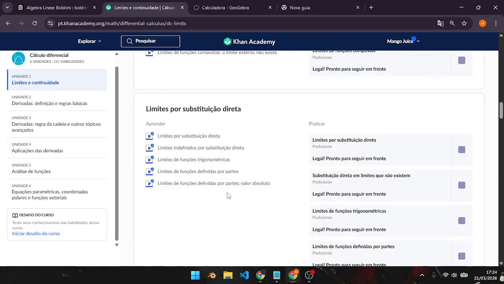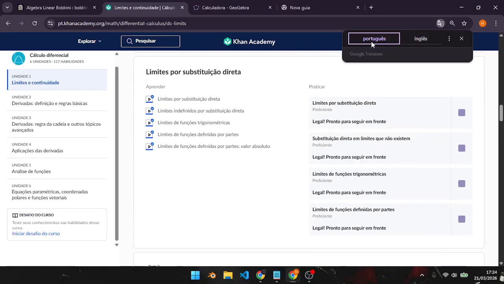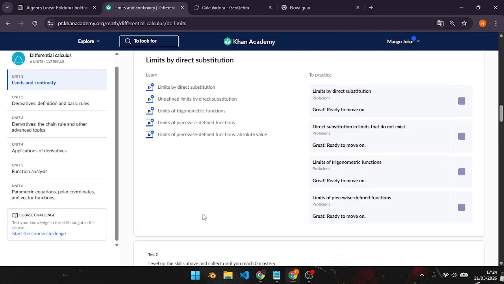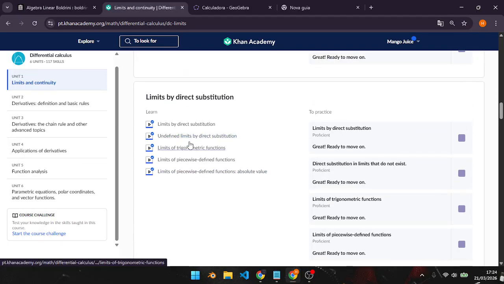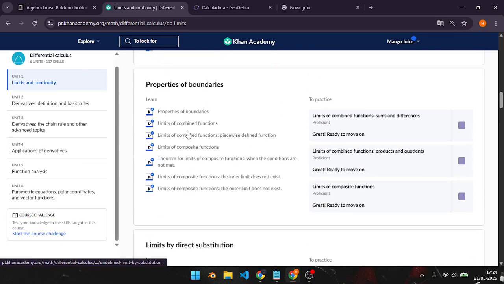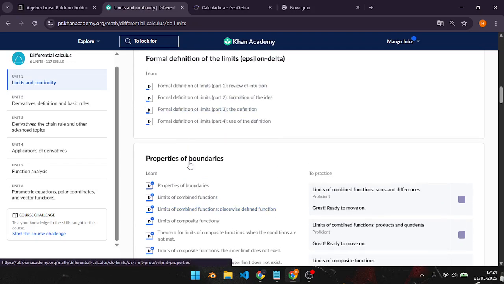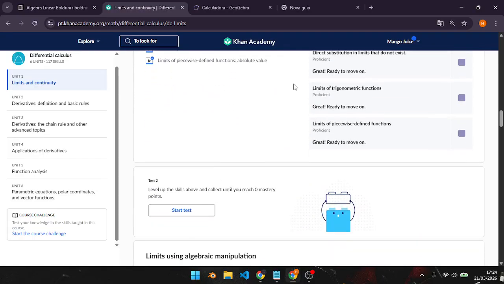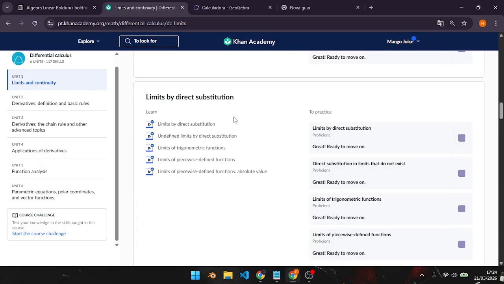Sometimes, I don't know why it's in Portuguese. Sometimes I'm trying to find it here. Yeah, it's not here. At least not with the name I gave it. Anyways,